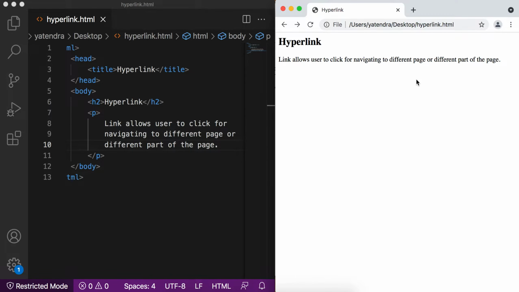So we can say by use of these links we can add one action, and whenever the user clicks on that link, they can navigate to a different part of the same page or maybe a different website, a different page, maybe on the same tab or maybe on a different tab or a different window, right? So this is the basic definition.